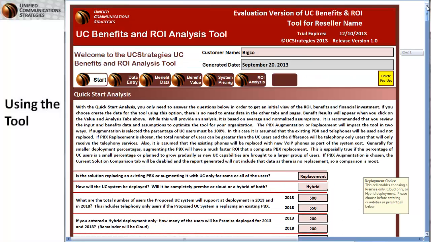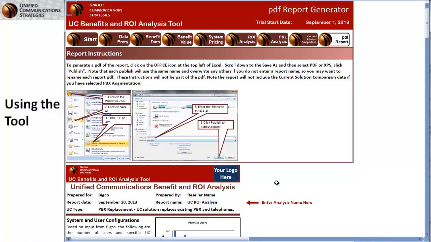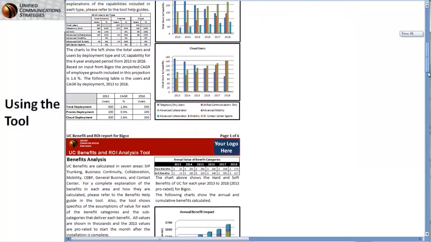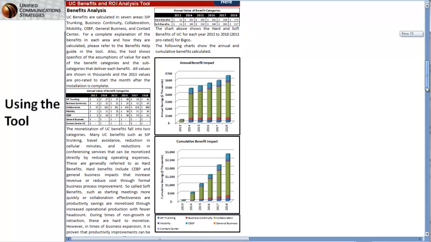So by entering that data, you now can generate a report. And in fact, the beauty of the tool is that it actually allows you to generate a PDF report. You'll notice it has your logo on it that actually details for your customer exactly what the users are. A little bit later in this recording, we'll look at the output of the tool in terms of the report